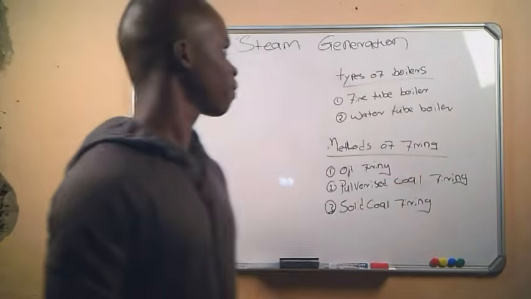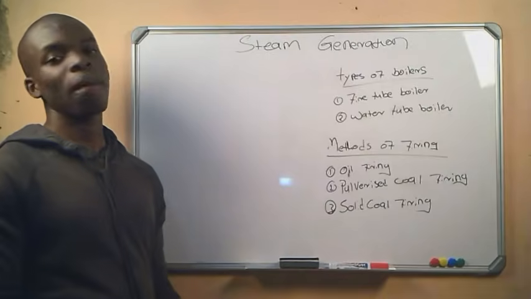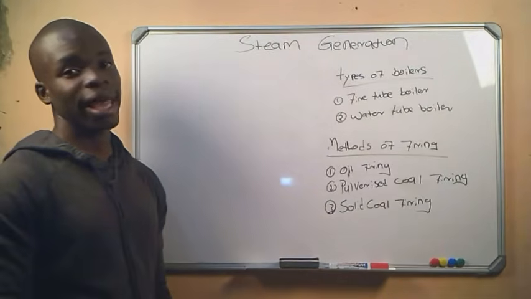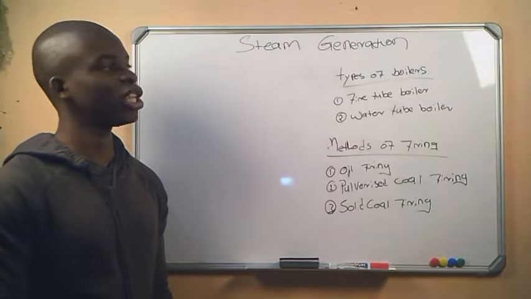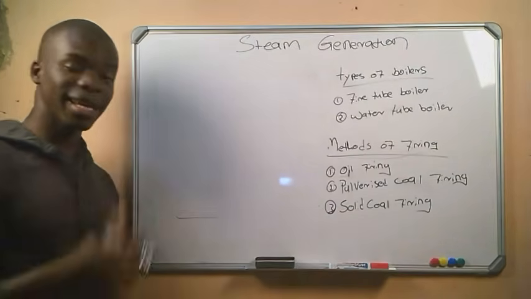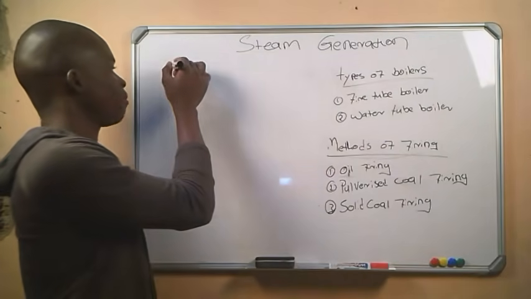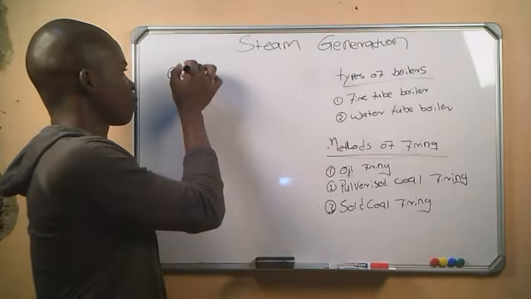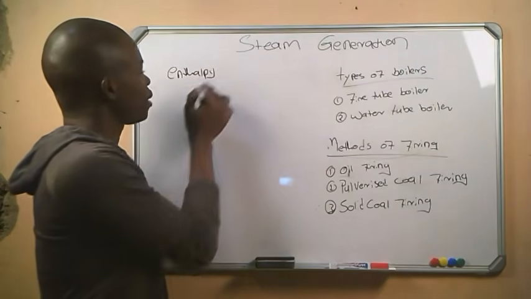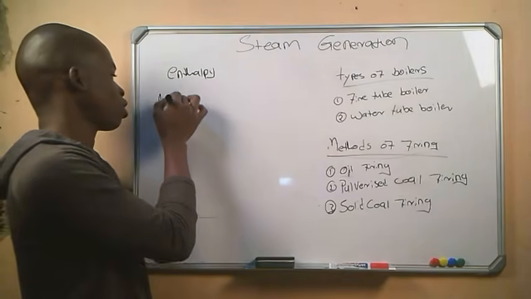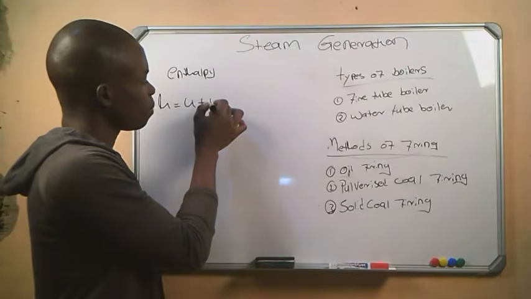So today's business, steam generation. Steam generation is all about converting water into steam by adding heat energy into the water. The heat energy of steam is called enthalpy. Enthalpy is represented by the letter H, given by the formula H = U + PV,